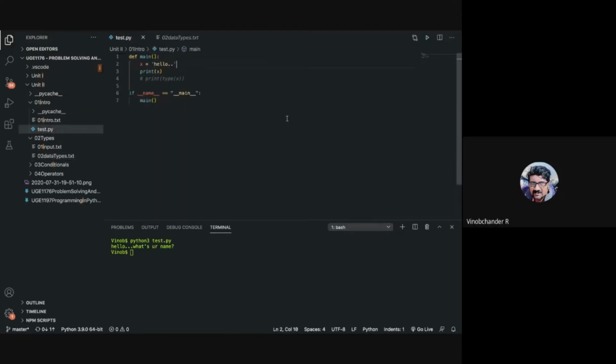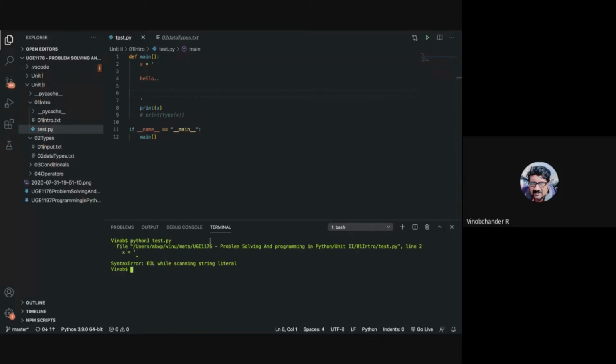Now what you can do here is, if you put it in different or multiple lines, you will get those spaces, and you can have strings in different lines. Now if I run this, okay, it's not a single quote, it's a triple quote.